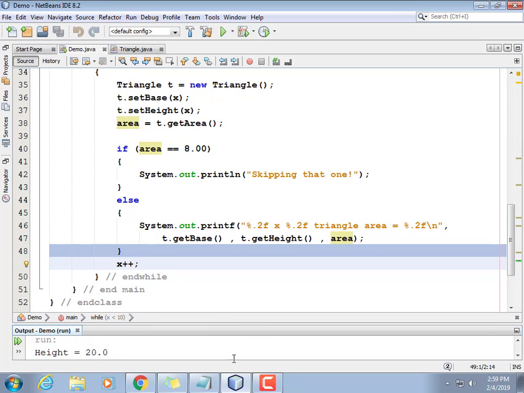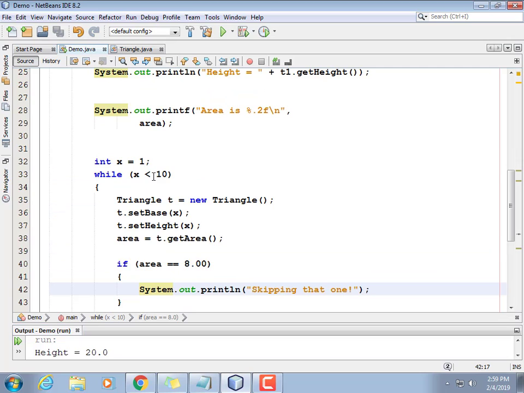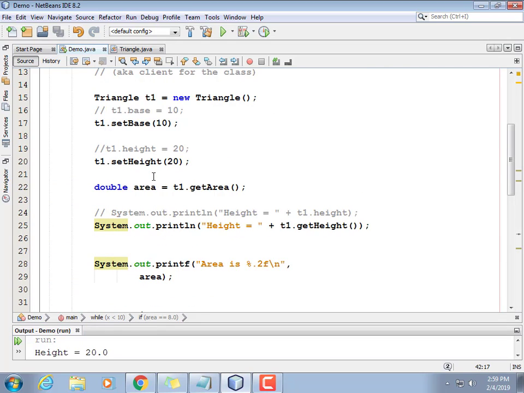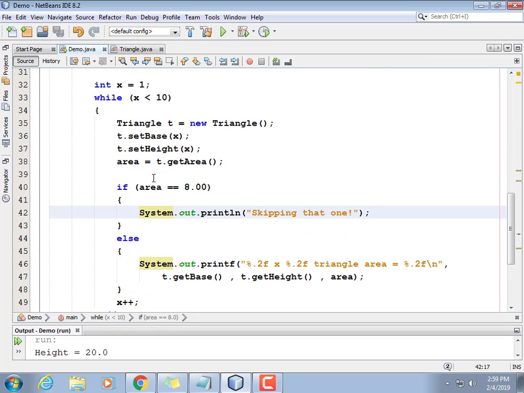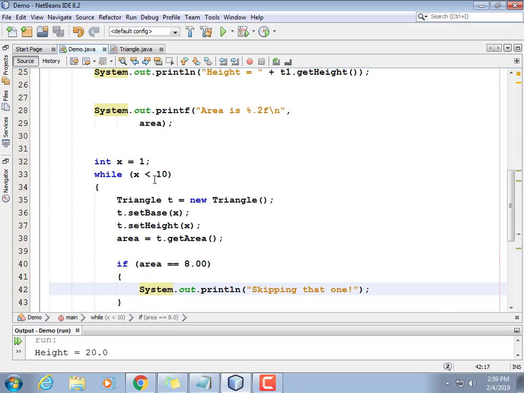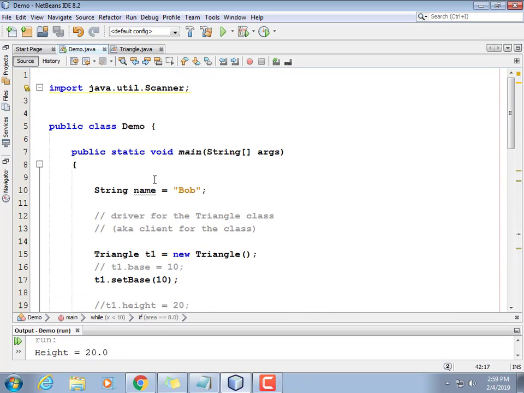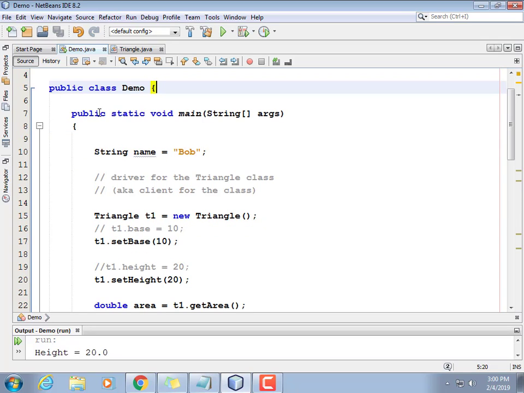It does. In the if statement, when would you use this? There's absolutely no reason to use this here. Like instead of doing if area equals 8, would you ever use this.area? There's no this reference here because we have no data inside this class, right? Okay, I see what you're saying. Yeah. And we could, but